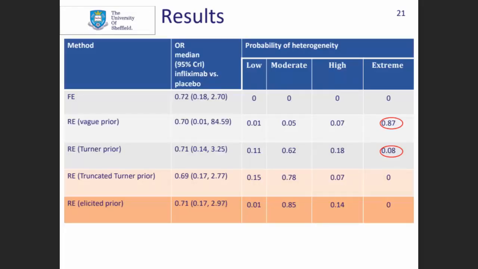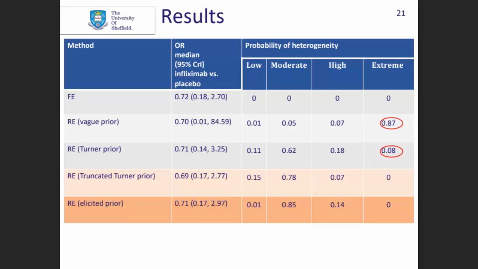And when we are using a vague prior, there's a huge probability, like 87% probability that the heterogeneity being extreme. So what do we mean by heterogeneity being extreme here? That means the ratio between the largest and the smallest odds ratio is more than 300. So in a set of studies, if the smallest odds ratio is 1, then you would find the largest odds ratio in this set of studies would be more than 300, and that is not plausible in this particular